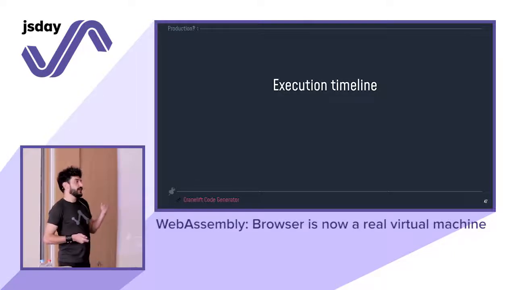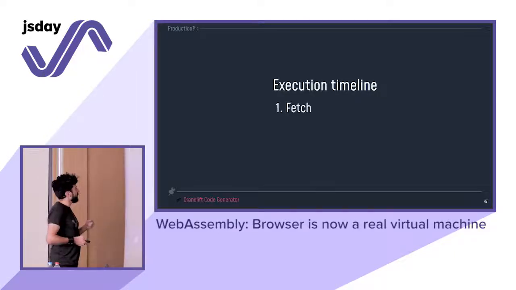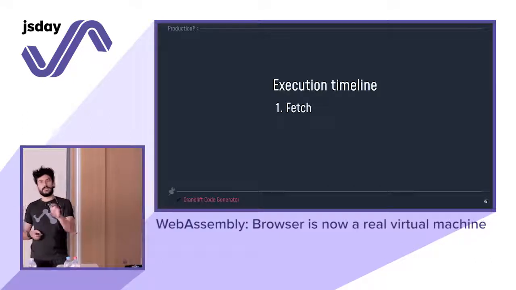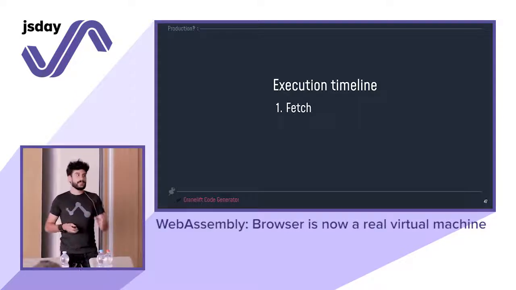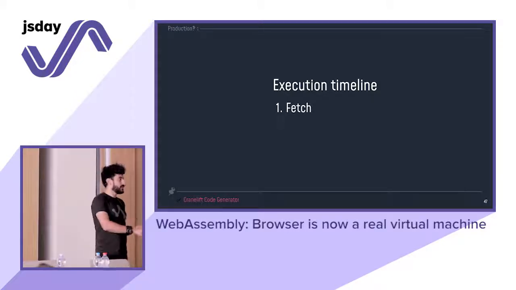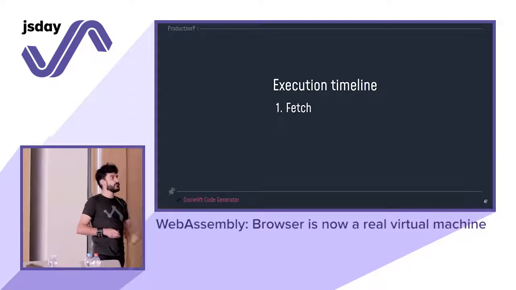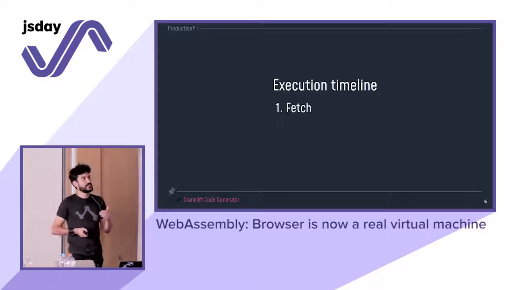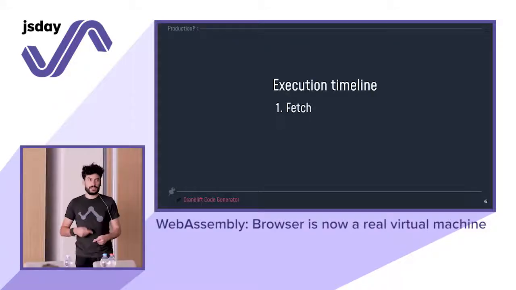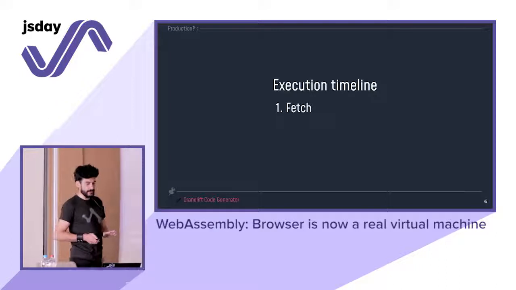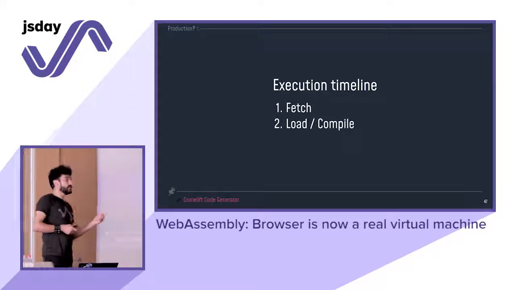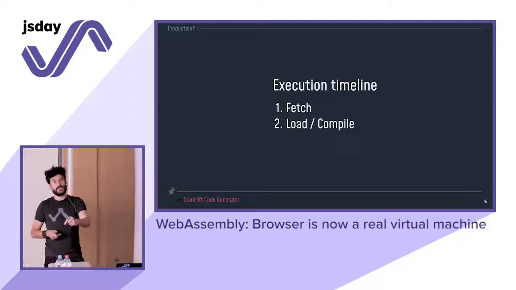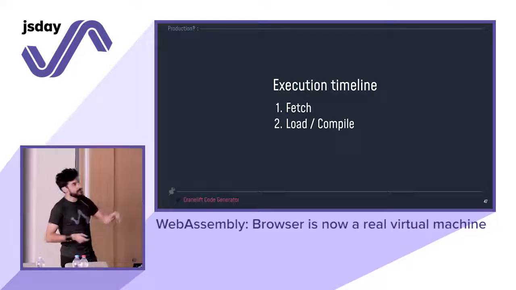How will it work? My timeline is the following one. First, I need to fetch my WebAssembly bytecode inside my web browser. Yet, I don't have WebAssembly directly available in my HTML markup. It's planned. We will have it at some point. But yet, we have to load it using JavaScript and execute it using JavaScript. So JavaScript will load it inside the WebAssembly virtual machine,